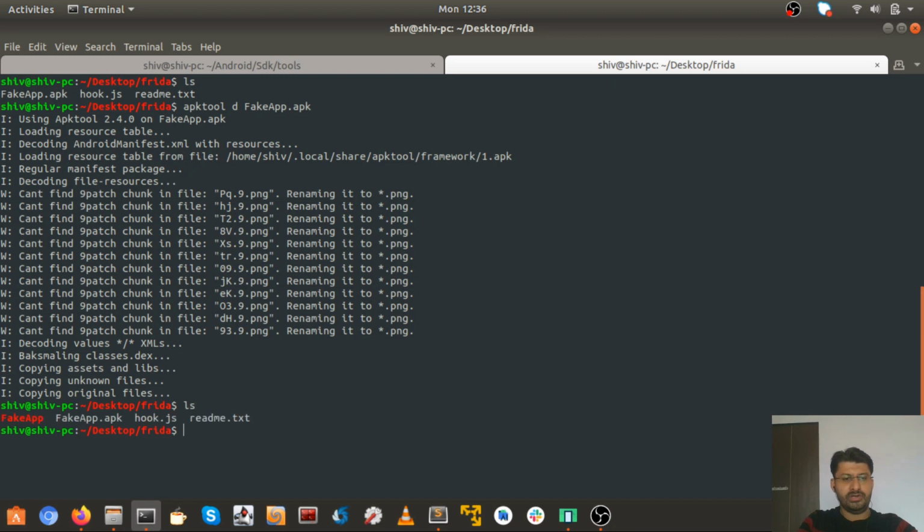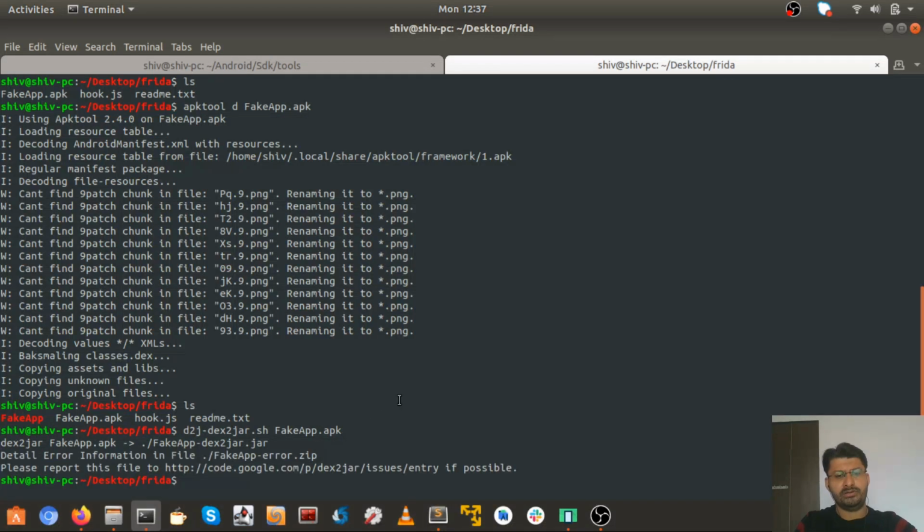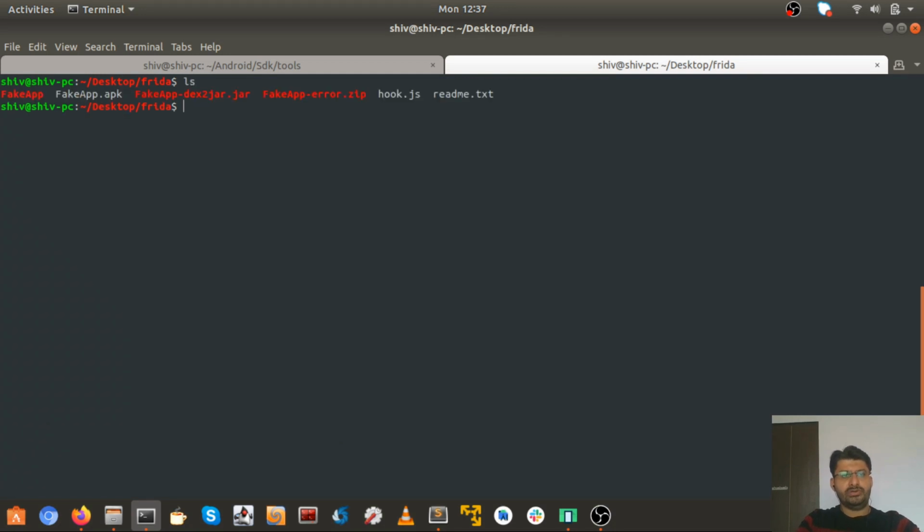And secondly, we can do dex2jar, dex2jar.sh fakeapp.apk. APK tool is used to decompile the app, and dex2jar converts dex to jar, where we can see the intermediate Java classes. Here we have the output of APK tool as fakeapp, and here we have the output of dex2jar.